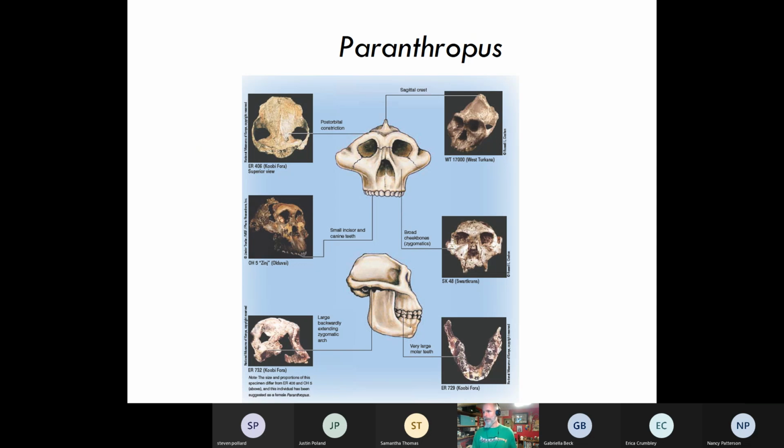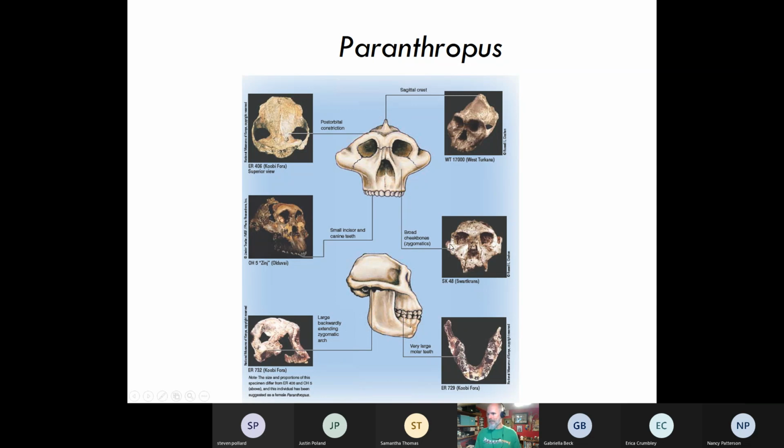So Paranthropus, again, you got the sagittal crest that is indicative of bone attachment. What's interesting is this post-orbital constriction area, from the superior view, is constricted. So this is kind of a pea brain, I guess you could describe it. But also most noteworthy is the zygomatic arch that branches out here, in the far left-hand corner image, indicating bone and muscle attachment.